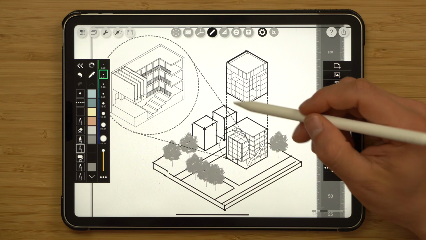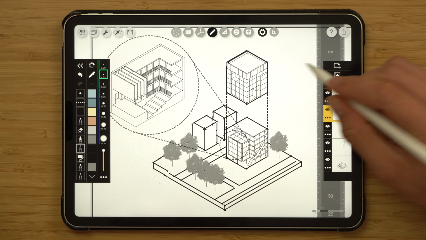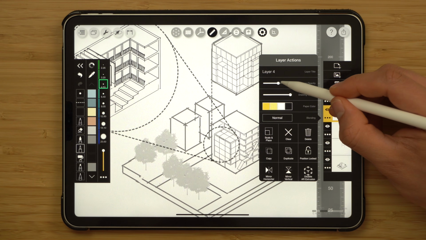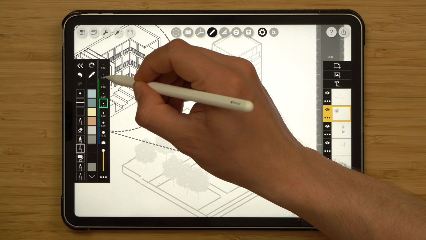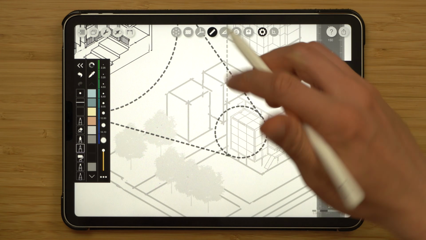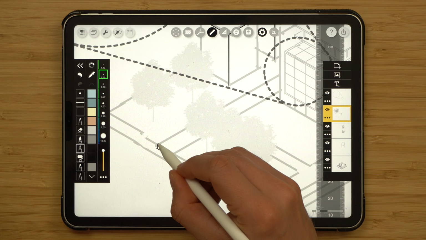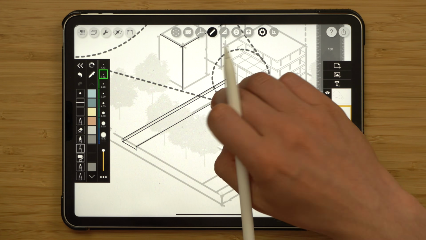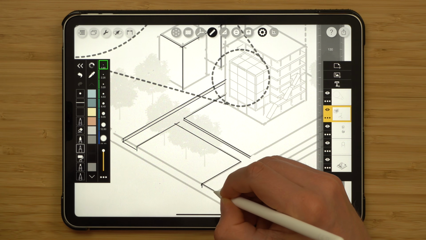Decrease the paper opacity and also the drawing opacity so that those lines are less in your face. What I can do at this point as well is reduce some of this line work. To do that, I'll go on this layer underneath, increase the paper opacity for it, and then using the pen, solid line work and 1.6 pen thickness, I'm going to add thinner lines over here and also to this road. I show the thickness, notionally, of the road paving. It's a bit exaggerated, but that's okay.